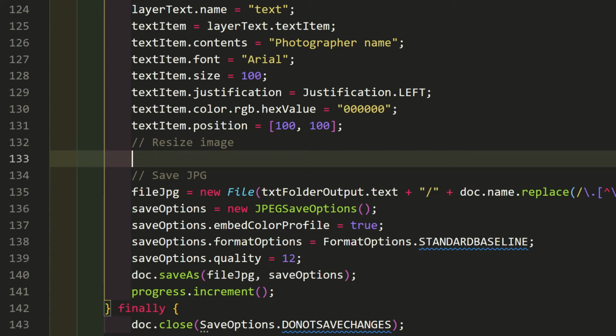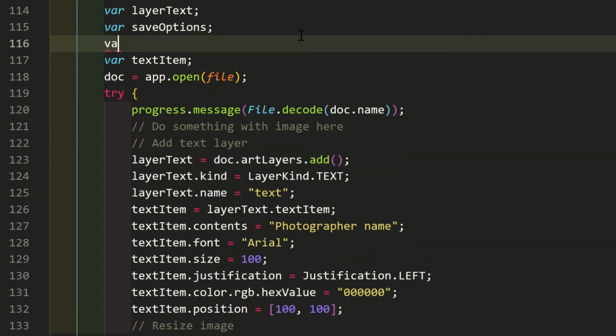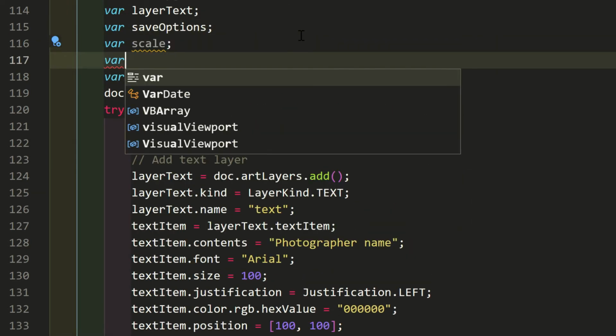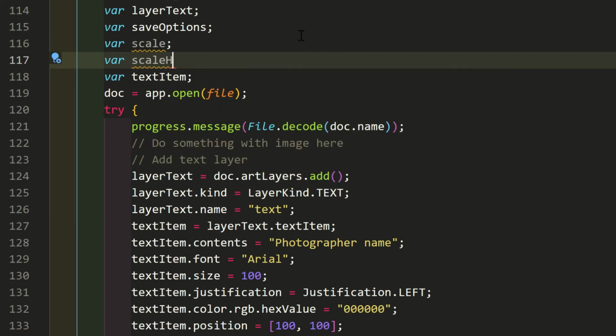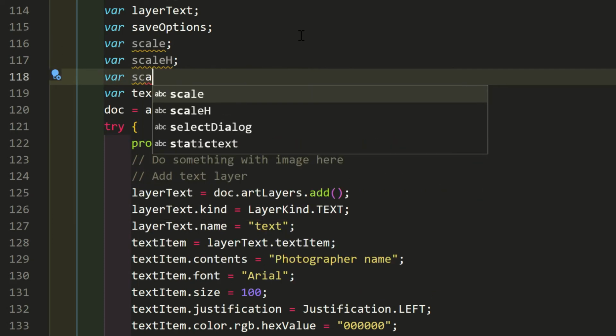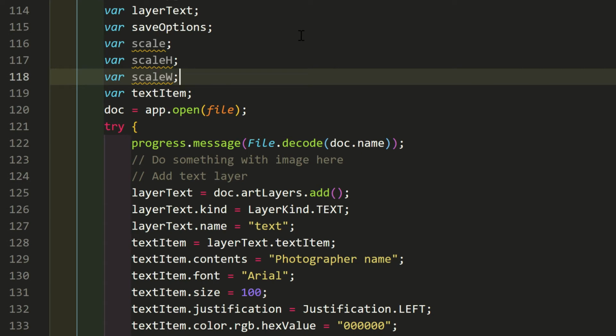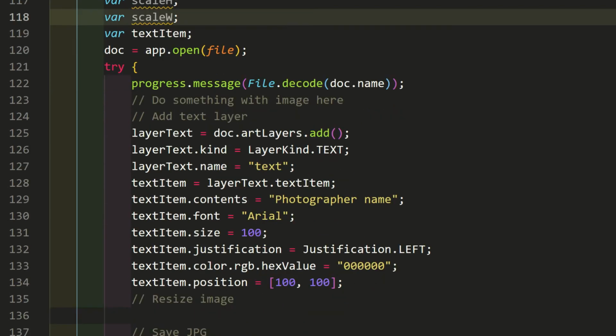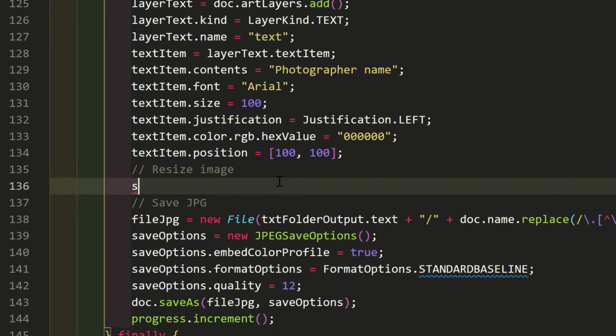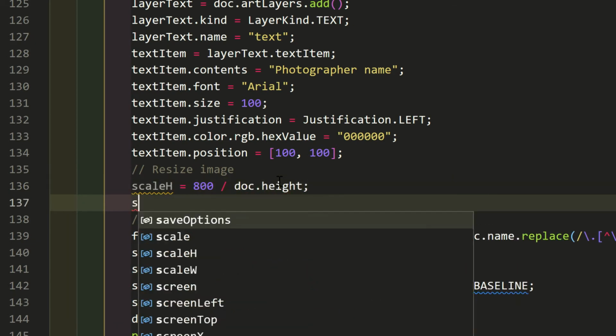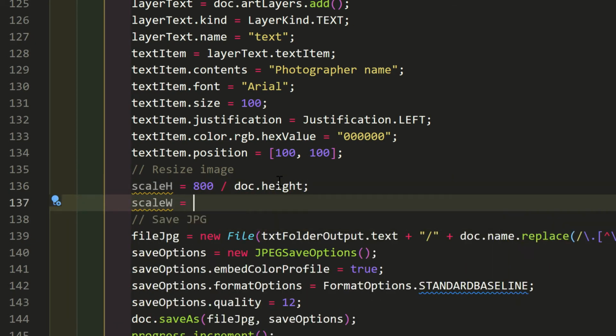First, declare some variables. var scale, var scaleH, var scaleW. Using the current dimensions, do some math to see what the scale factor is for each. scaleH equals 800 divided by doc.height. scaleW equals 1200 divided by doc.width.